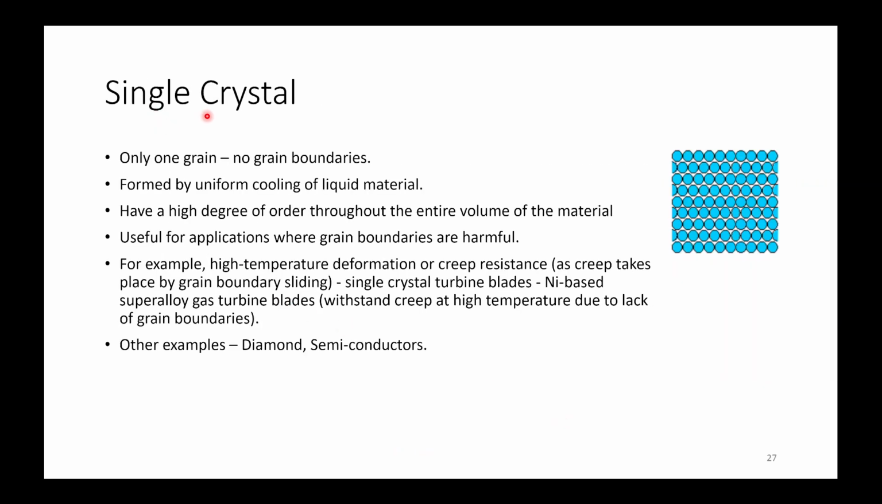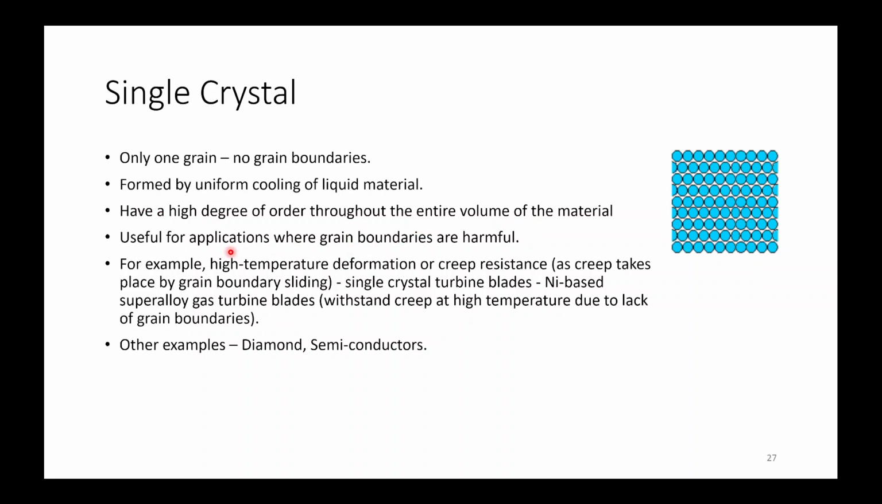Now for the single crystal, it will have only one grain. There won't be any grain boundaries. It is formed by uniform cooling of liquid material. So if we cool it slowly, or if we control these solidification parameters, then we can form a single crystal, and we have a high degree of order throughout the entire volume